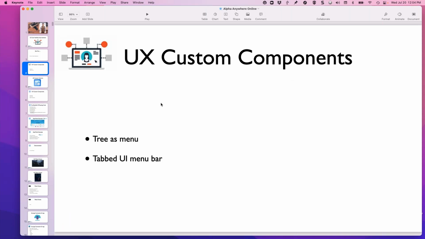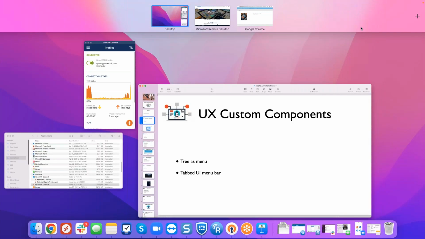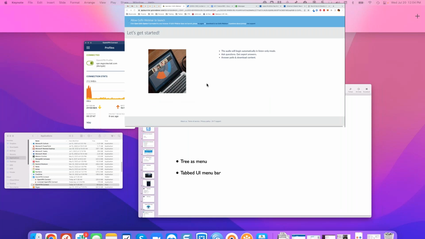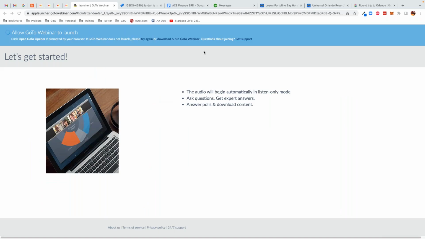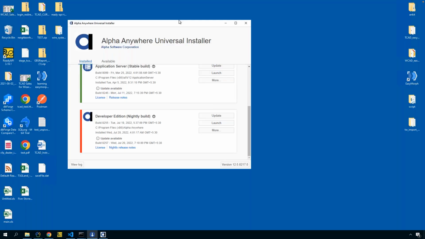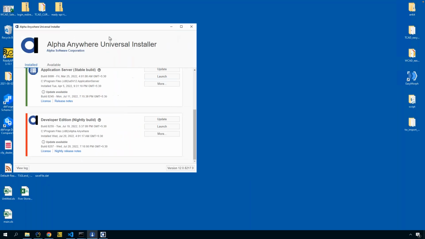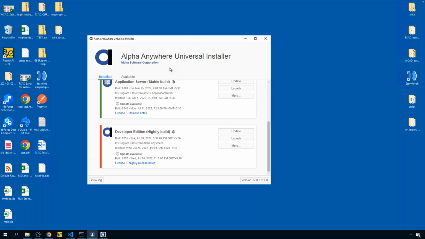custom components. Actually, even before that, I do want to go back to my development machine. Go all the way to my development machine. There we are. I'm going to go ahead and shrink this down for a moment. Our environment there. Okay. So you'll see right here that I am using the Alpha Universal Installer, which I really